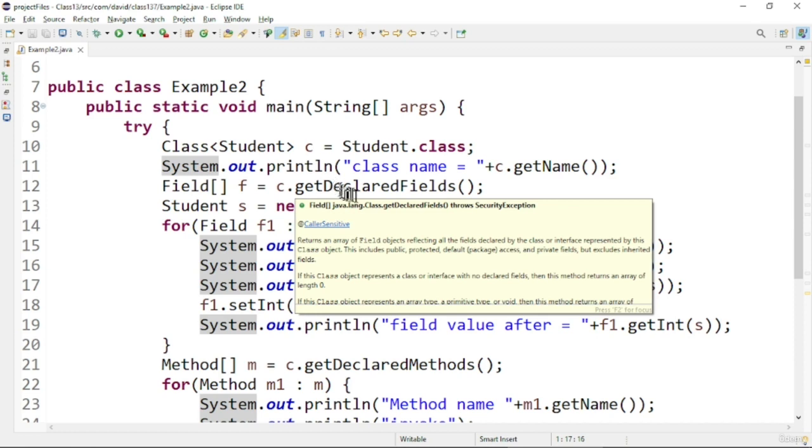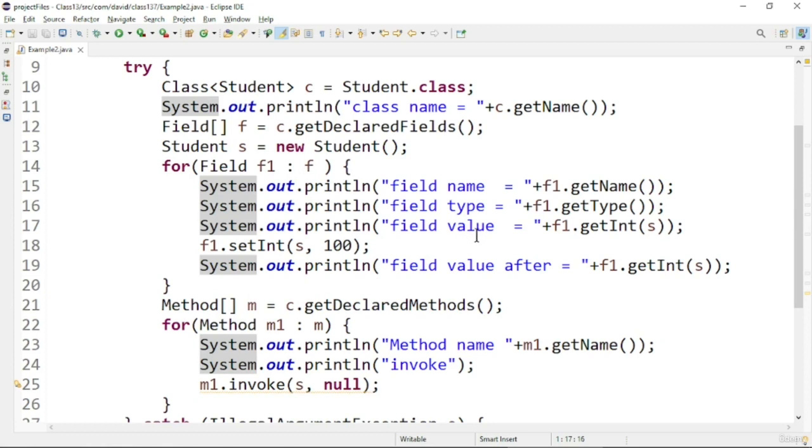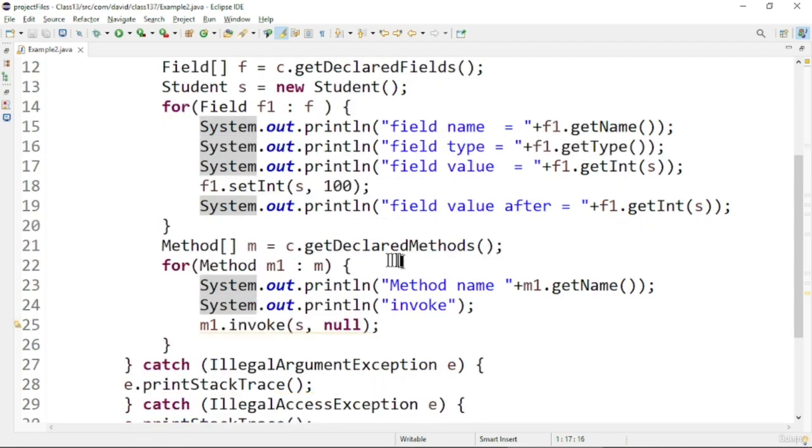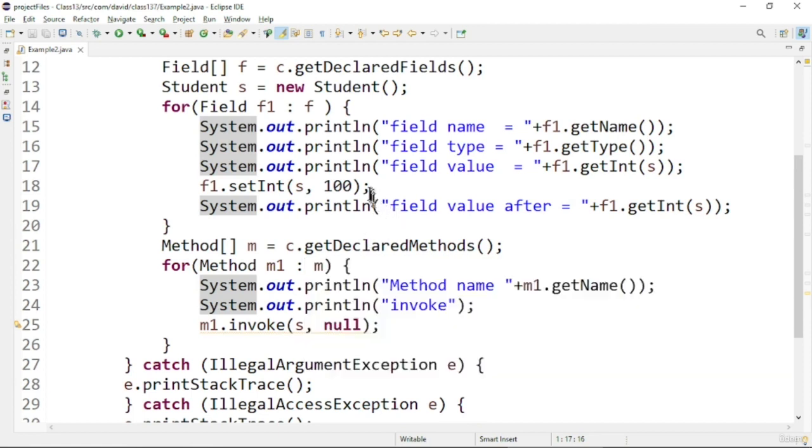After that I am using getDeclaredFields to get the field array. All the fields will be returned in the array, and after that I am looping and printing the meta information about each field, inserting a particular value, and checking the value afterwards. So I can access the fields directly using that array.